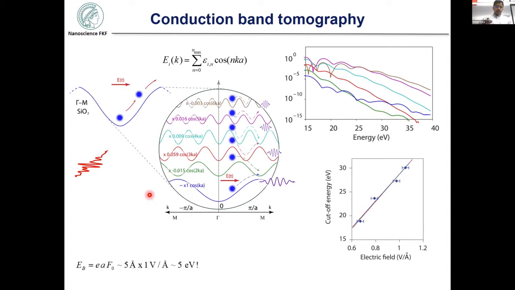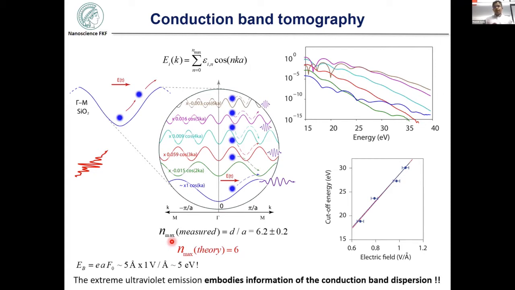Now, consider that SiO2 has a lattice constant of around 5 angstrom, and the peak field that we apply in our experiment is around 1 volt per angstrom. So the cutoff energy that you would expect from a simple estimation is only 5 eV. This is much less compared to the 35 eV cutoff that we see in our experiment. So it implies there is an effective lattice constant that our laser pulse is interacting with in the system. With our observed cutoff, we were able to claim that we see interaction of up to a sixth distant neighbor in the conduction band of SiO2.